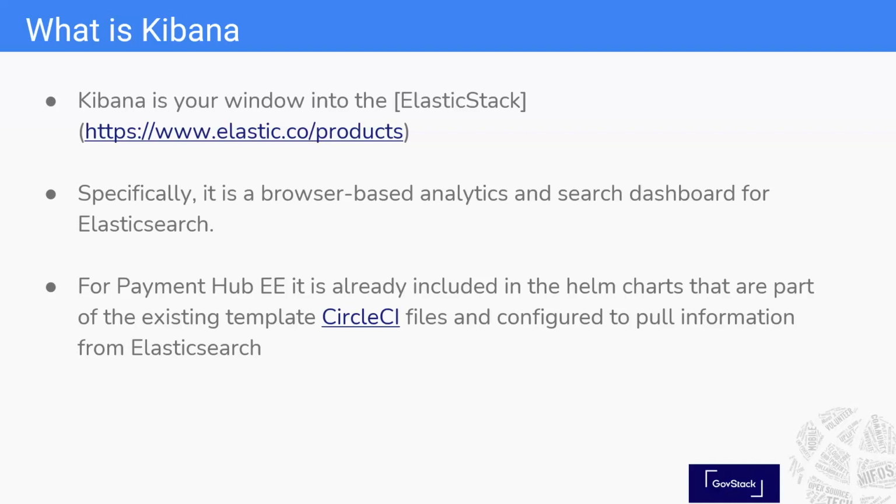Even though there's a certain process to actually use it, for example, if you were trying to set up the system manually, you would have to download Kibana on your system, then download and deploy Elasticsearch on your system, and then configure both of them so that Kibana could speak to the Elasticsearch pipeline. However, that has already been done in the charts of Payment Hub, as we've been talking about previously. So just to give you an idea,